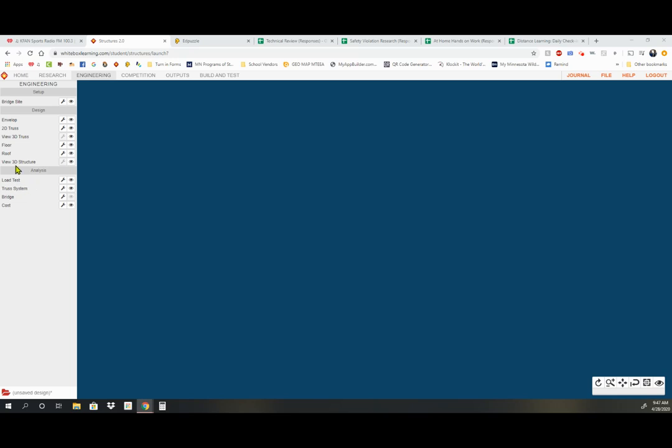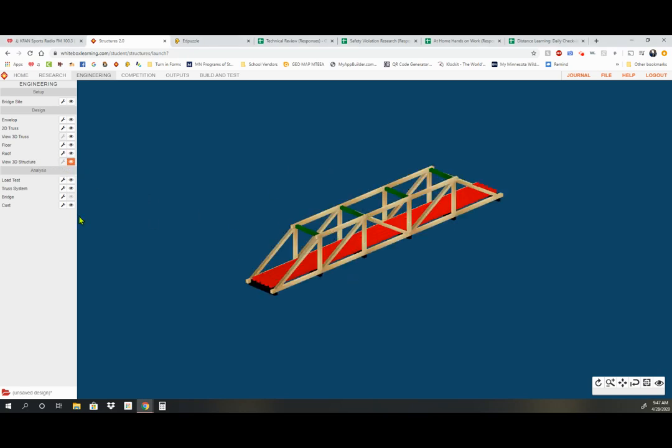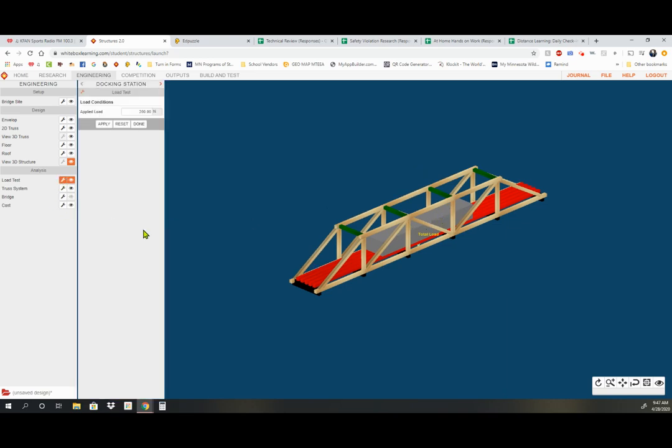So what I'm going to do, just so we can see what it's going to do here, is turn on the 3D view of a structure. So you have your 3D view. When I turn on my eyeball, in their load test, it puts the load right here. When I turn on my wrench for load test, this gives me my applied load. Right now it's based at 200 newtons of pressure on my